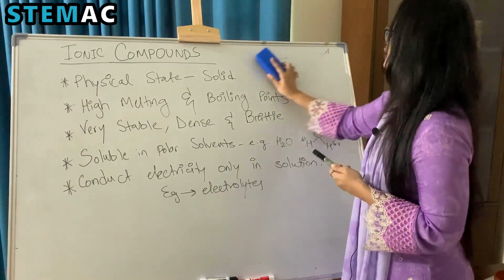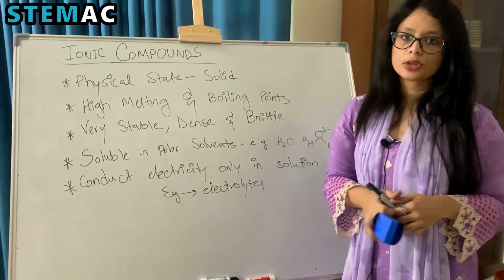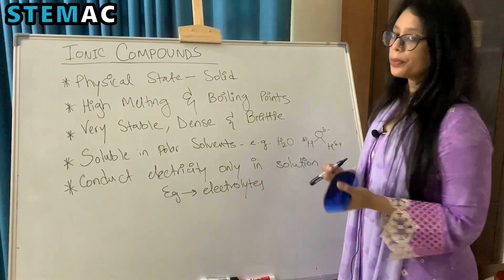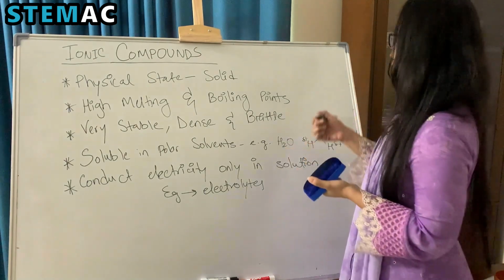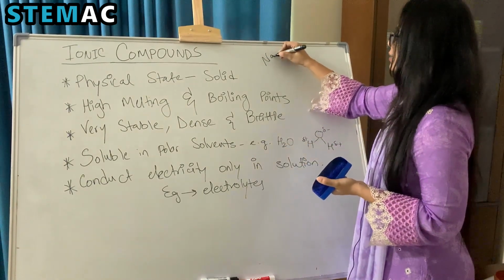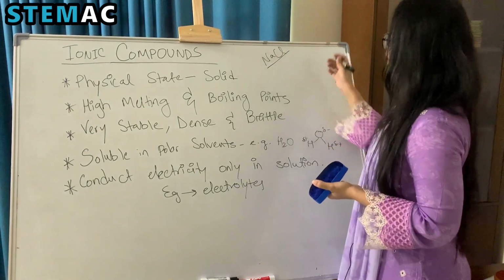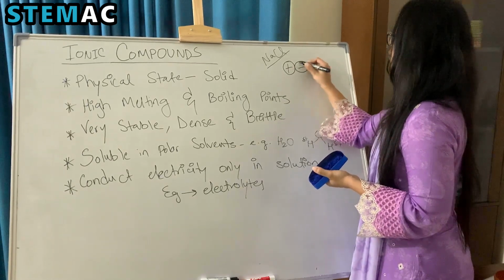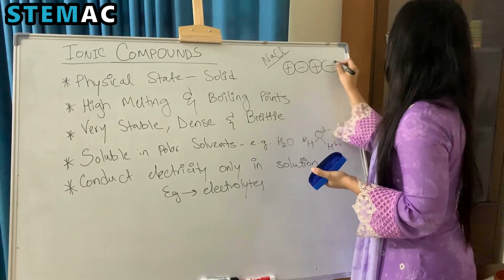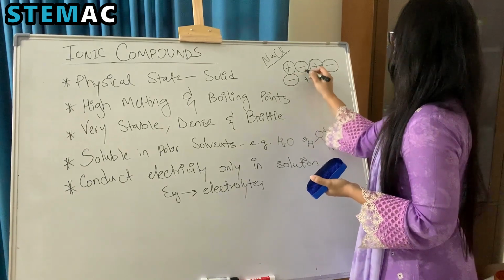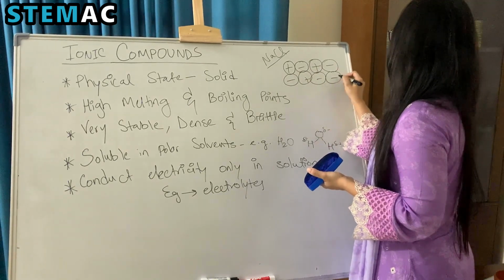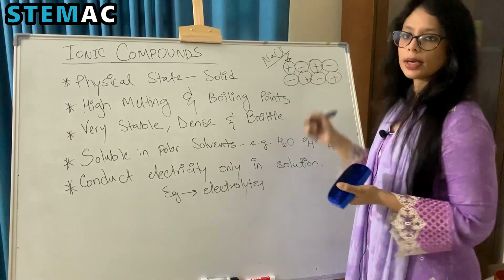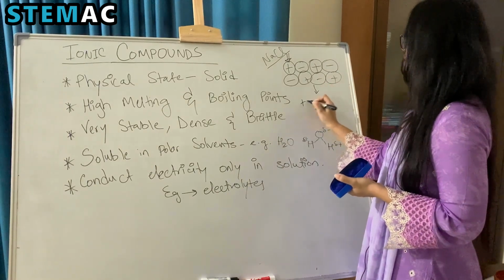And lastly, since they are hard and have a crystalline structure, they are brittle, which means that they get easily broken. And the logical explanation behind it is very interesting. We will take the example of sodium chloride again. In a sodium chloride compound, the positive sodium and the negative chlorine ions are arranged alternately. So let's say this is a crystal of sodium chloride salt, and you just apply a small amount of force on it. What happens is the positive charges